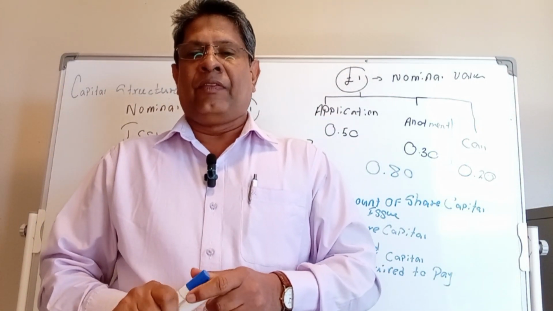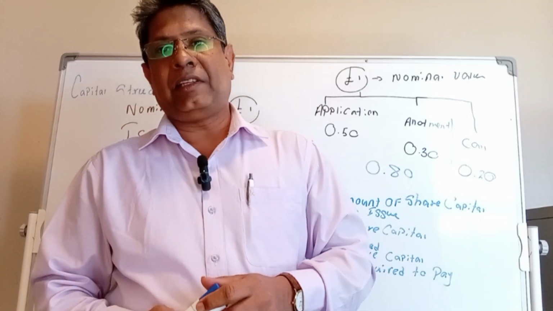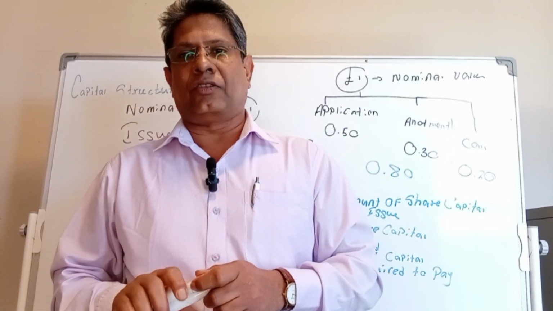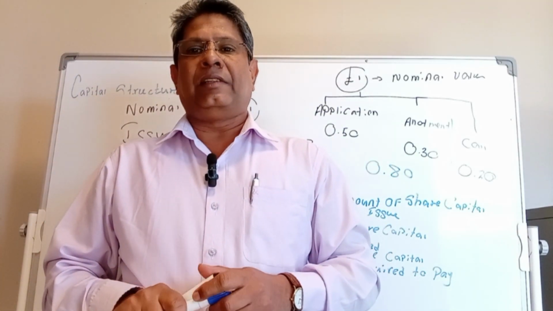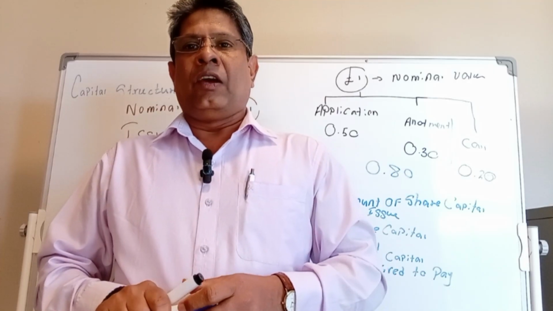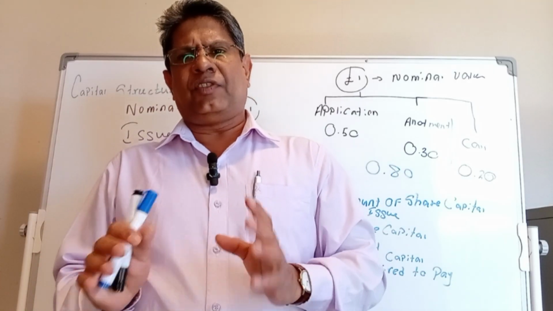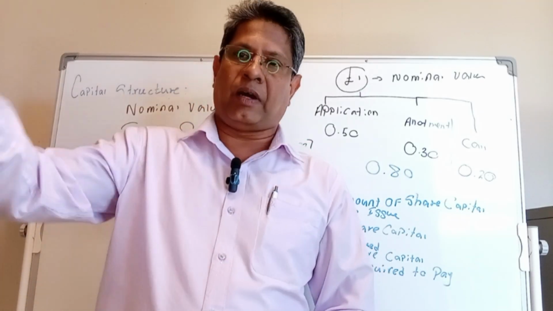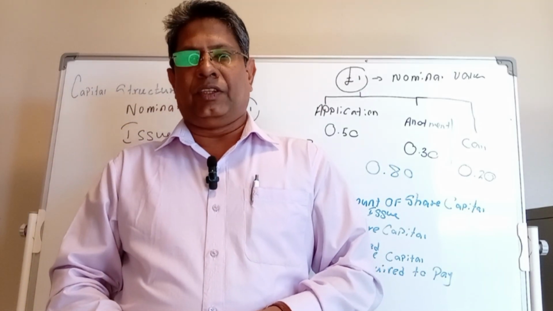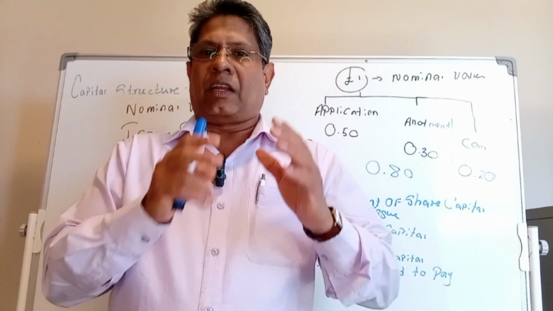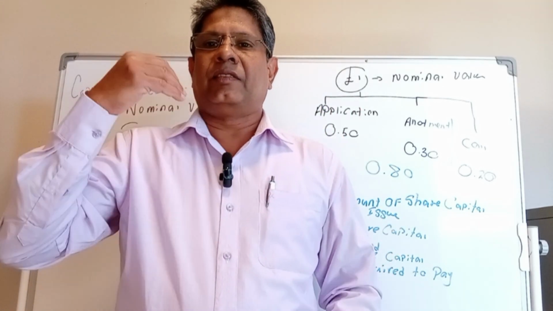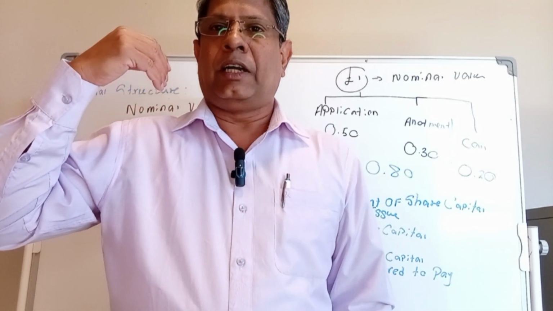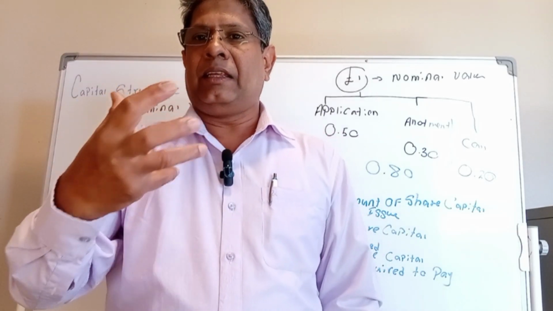Right. The third reserve that we are going to look at is the capital redemption reserve, or we call it the CRR. It's going to be a separate area to be covered. The capital redemption reserve. What is redemption? Redemption is buying back. When a company has issued redeemable preference shares, you have to buy these shares back from the shareholder. So when they buy these shares back, the Companies Act has prescribed that in order to maintain the capital base,